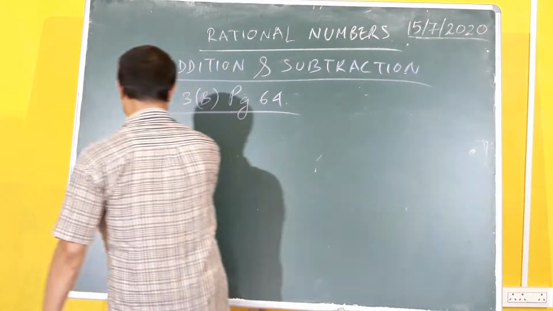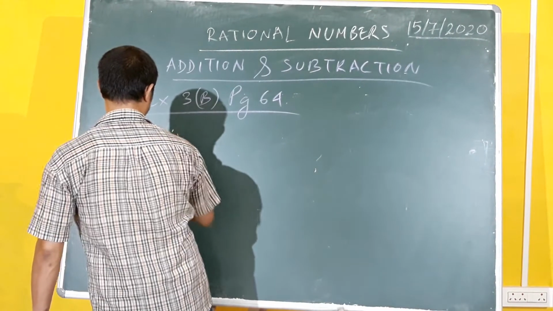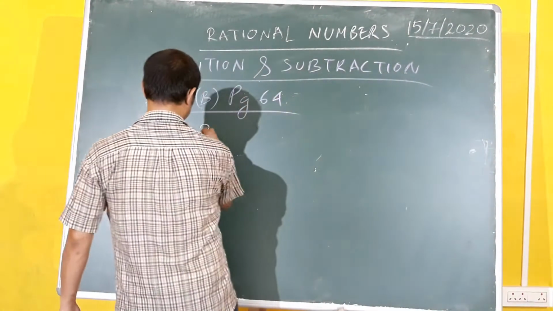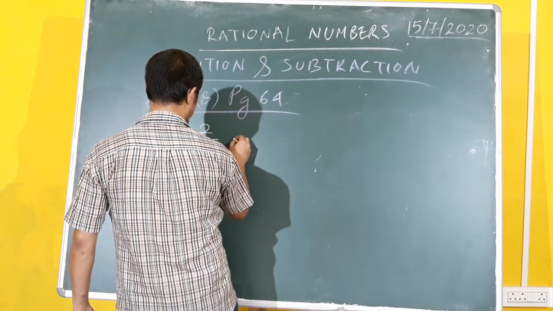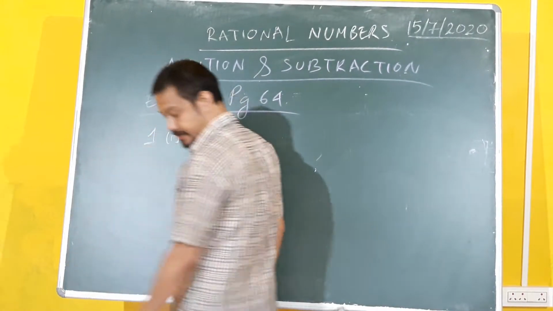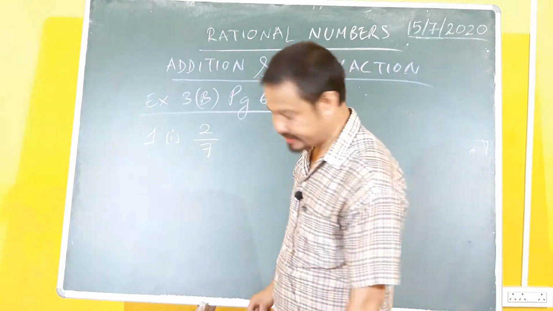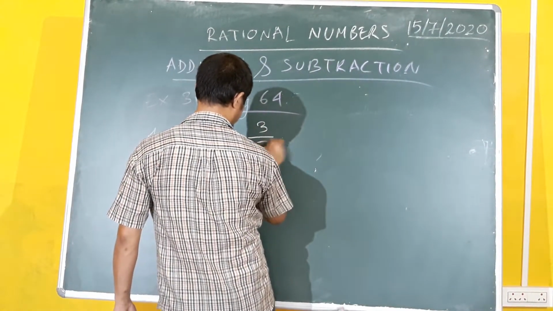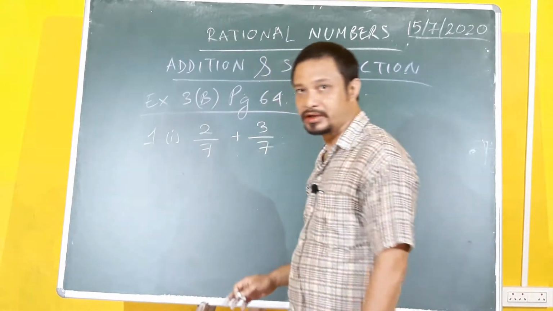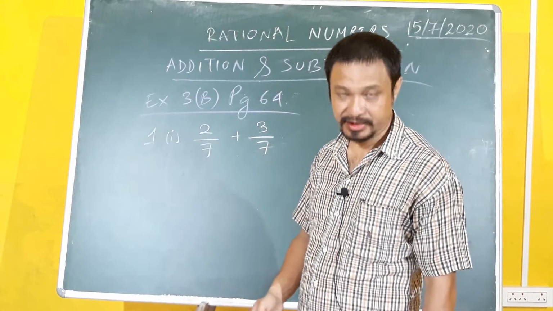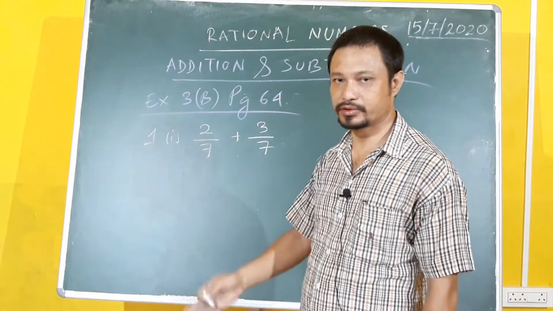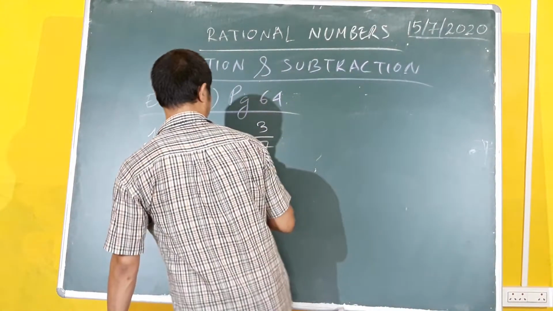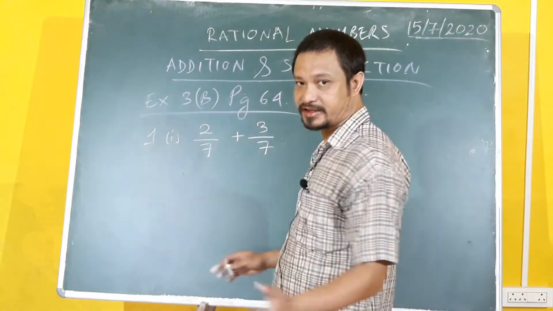Okay. See this, if you look at a rational number and a fraction, there is a difference. I told you the difference last time. I think you need to add 2 upon 7 and 3 upon 7. Okay, they look like fractions only. So whatever computing that has to be done, it has to be done in terms of fraction, the rules of fraction.